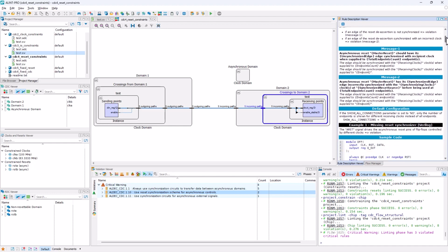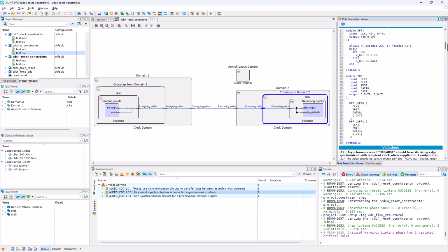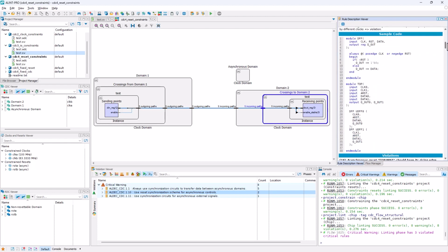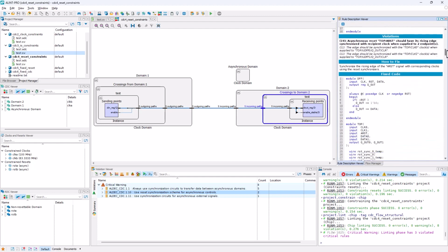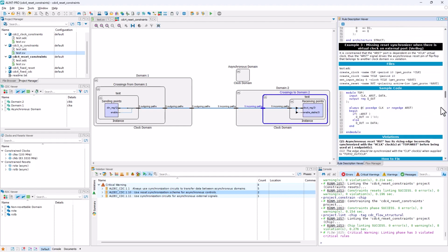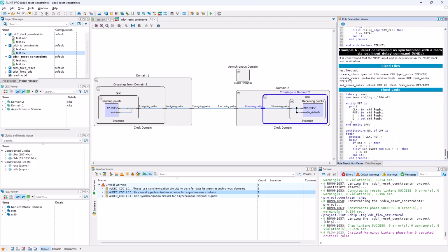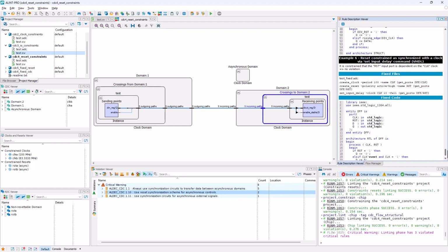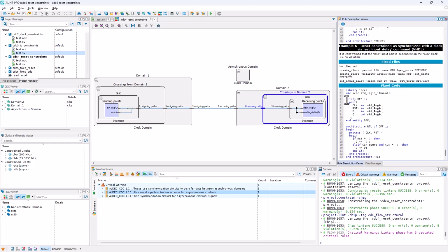And so you need to ensure that your reset is not going to deassert at the exact same time that you receive an active clock edge. And so you need some sort of synchronization circuit. You could also, if you wanted to, and it's detailed within this document, instead of putting in an actual synchronization circuit,